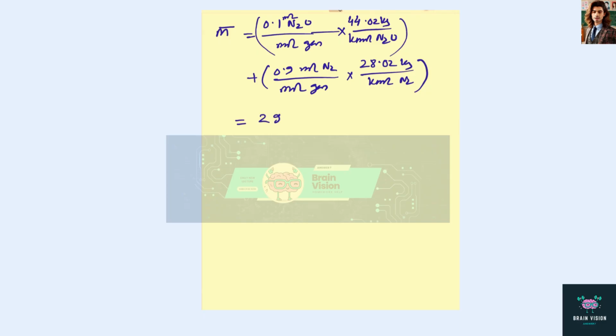Therefore, the average molecular weight of the gas mixture is 29.62 kg per kilomole, and the number of moles in 5 kg is